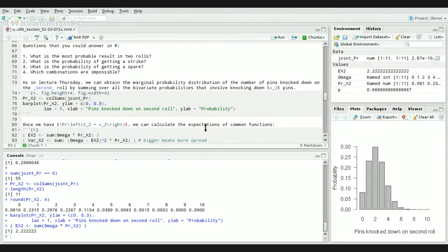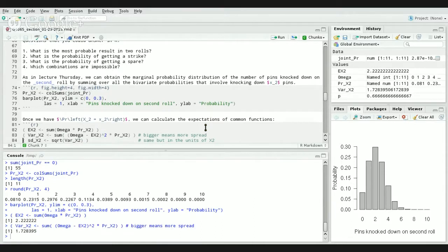We can then calculate the variance of the number of pins knocked down on the second try by using a slightly different g function. Here we're using the function x minus mu quantity squared. We're taking each element of omega, subtracting its expectation, squaring that quantity, and scalar multiplying by the probability of each of the elements in the sample space occurring on the second roll. The variance is a measure of how spread out the distribution is, and when we pipe that into R, we see it's